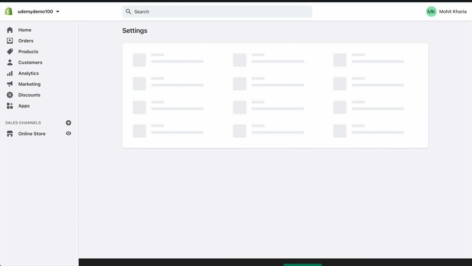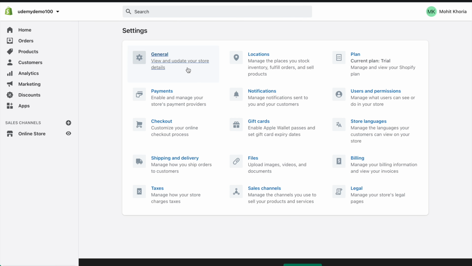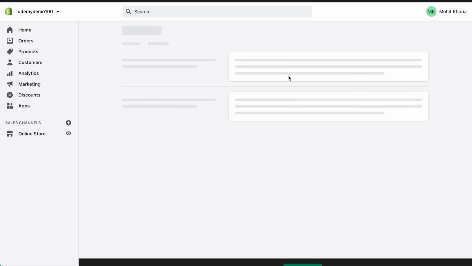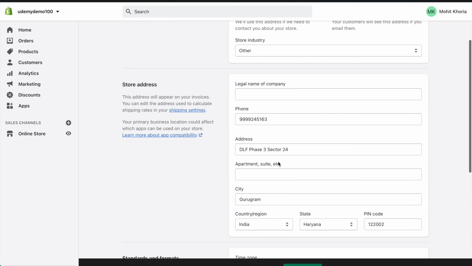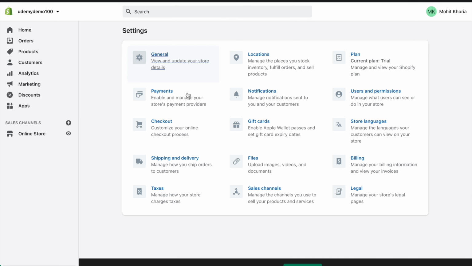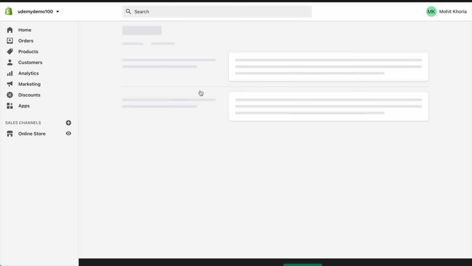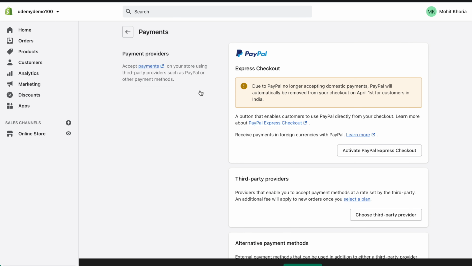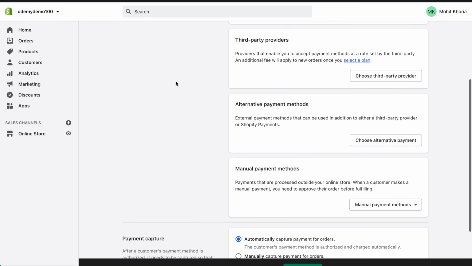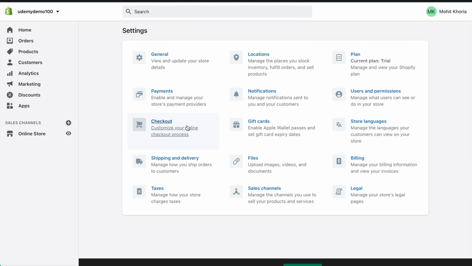Next comes settings. In settings we have general settings, from where we can see some of the settings of our store. Payments, where we can link our payment providers or payment gateways like PayPal, Stripe, and we will also go with manual payments, which is COD, cash on delivery. Then is checkout.